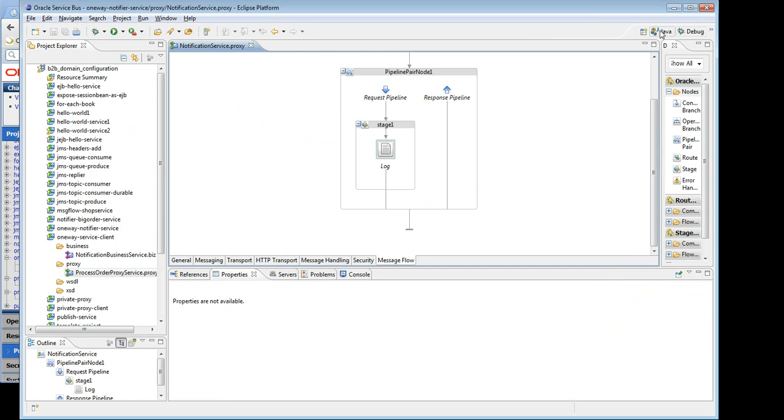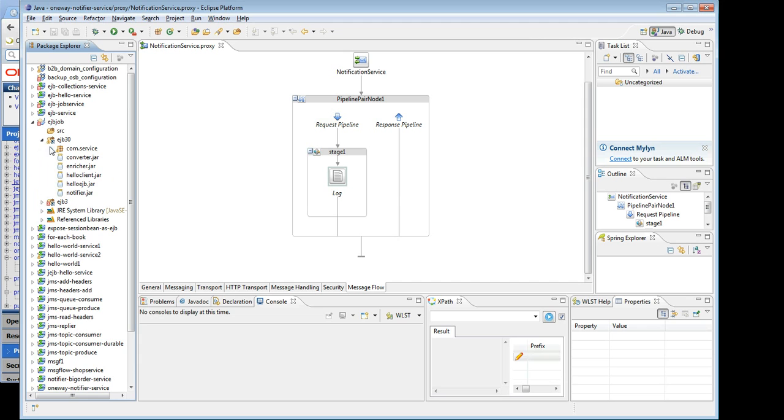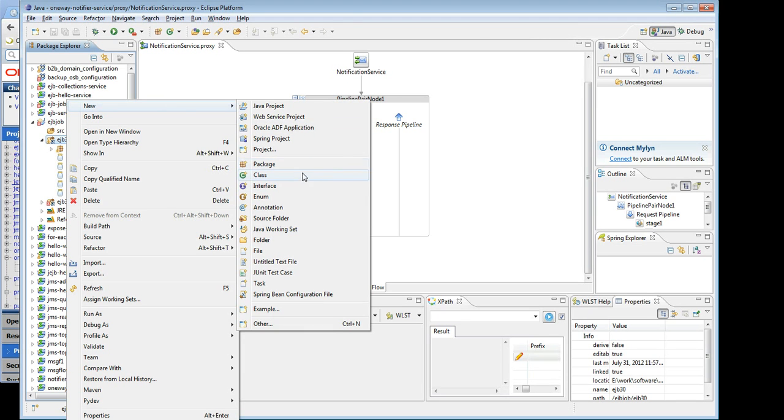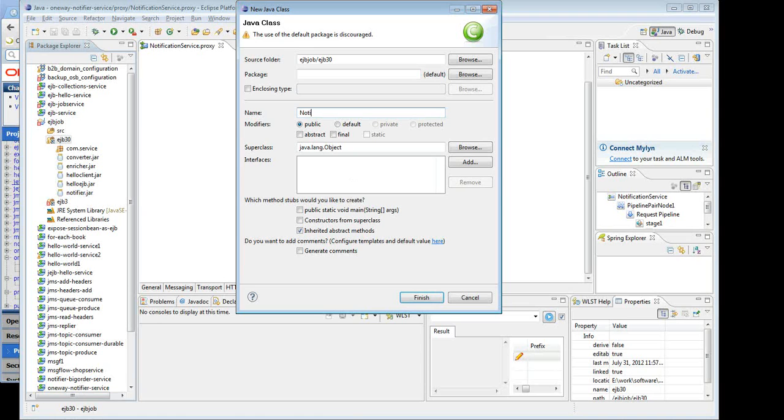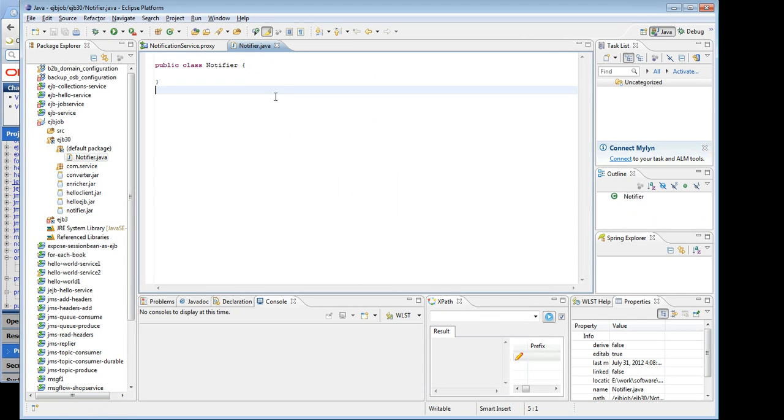even a package is not needed. So we go to the class and we are saying Notifier. Let's say this is a Java class. So it's an empty Java class. Any method that you write that you want to invoke from OSB has to be static, right? Public static, and if the method doesn't return anything, we put void, right? Public static